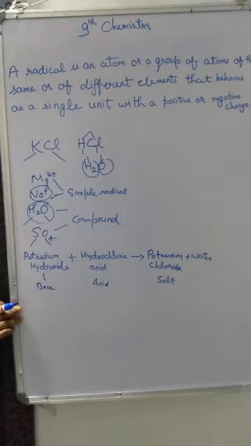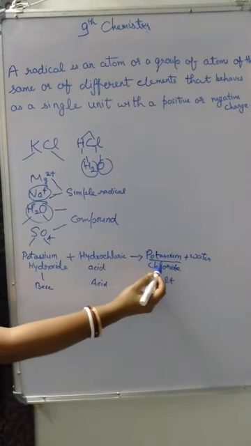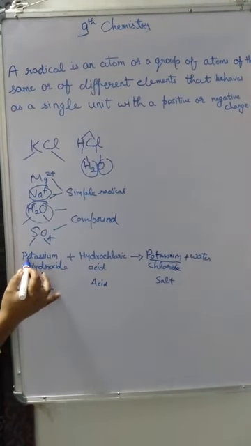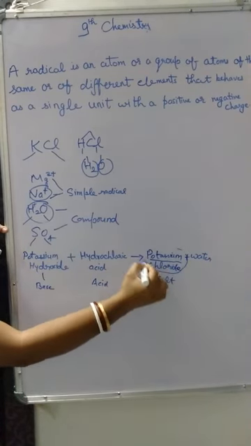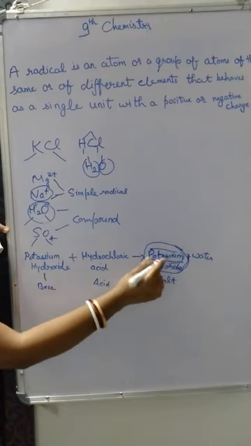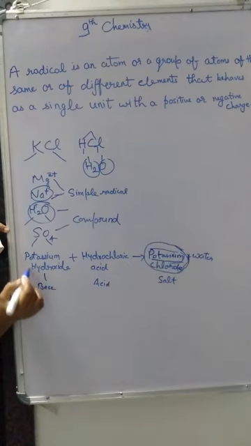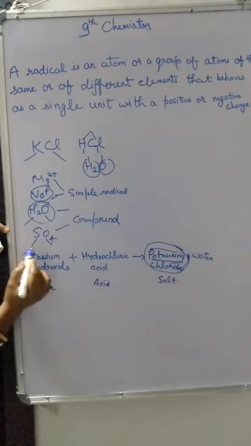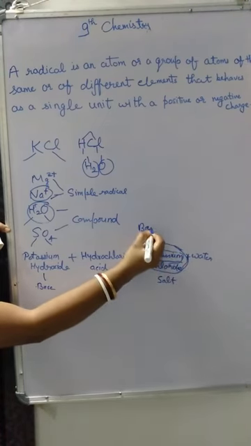So in the formation of the potassium chloride, the potassium radical has been contributed by the base potassium hydroxide. All of you try to understand. In the formation of this potassium chloride, it is a molecule of a compound. In this first part, this potassium part is contributed from where? From this base, potassium hydroxide. This potassium hydroxide has given this potassium here. That is why this part is called the basic radical.